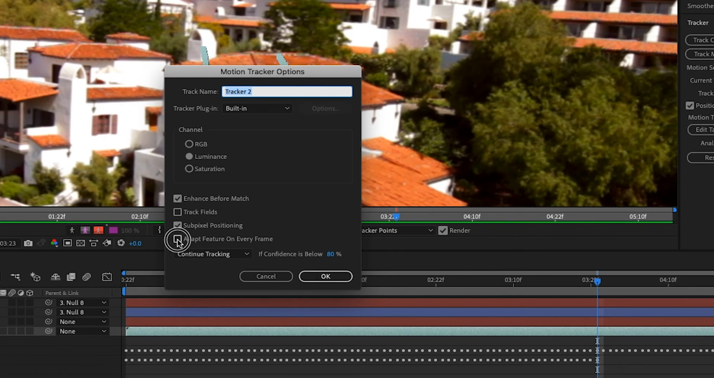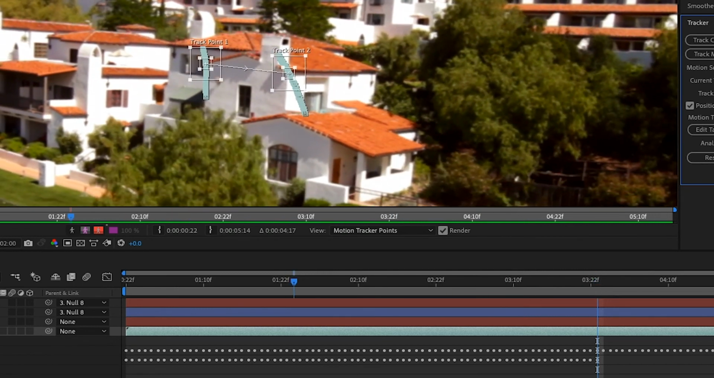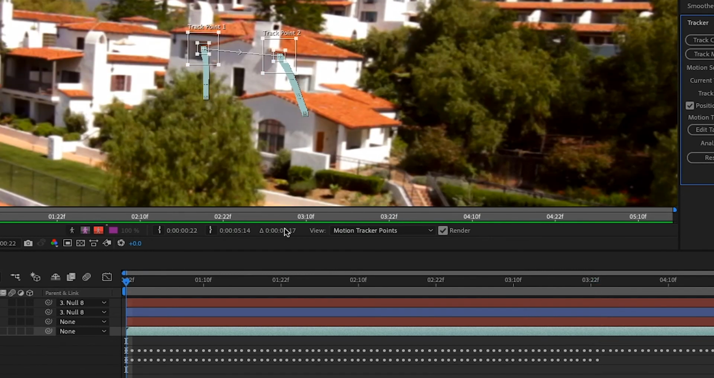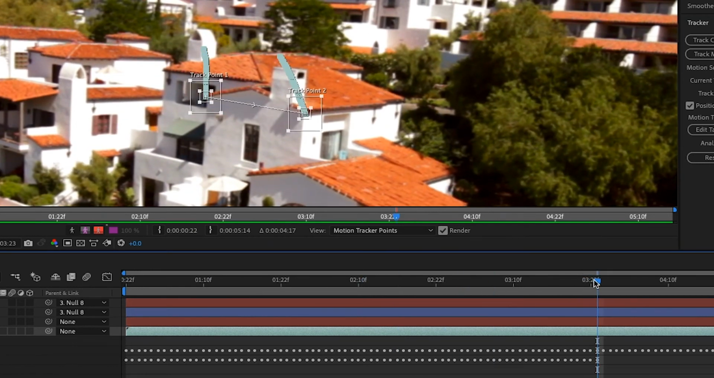Let's look at the settings. We're going to have this adapt on every feature, and we'll see if that gives us a better track. Marginally. Now, one thing that's important to note is that when After Effects starts tracking, it actually will automatically increase